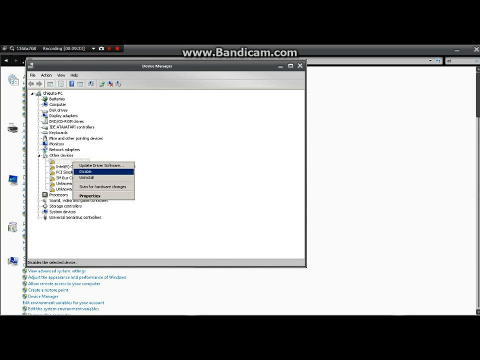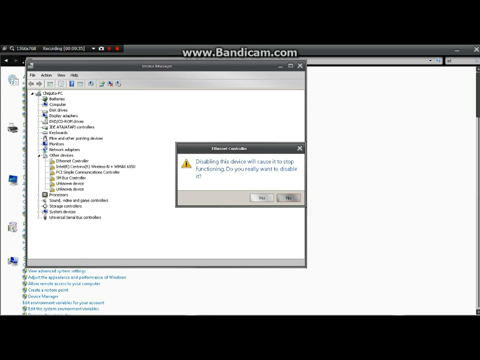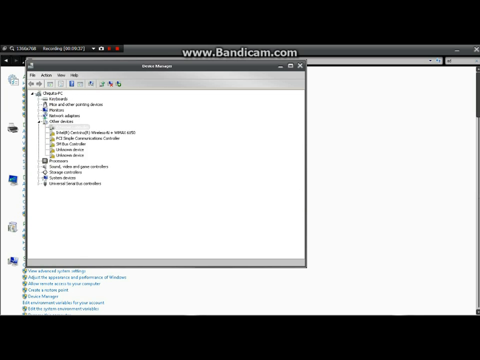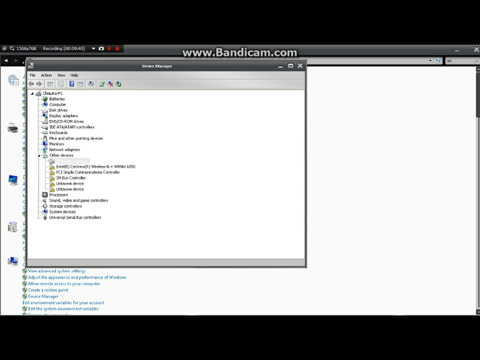So right now I'm going to disable my Ethernet driver, because I don't use my Ethernet driver. I only use my Wi-Fi driver. I only use Wi-Fi for internet. If you only use Wi-Fi for internet and you never use your Ethernet driver, I would recommend to disable that driver until you're in the future use. You may need to use it in the future. So that's all I have to